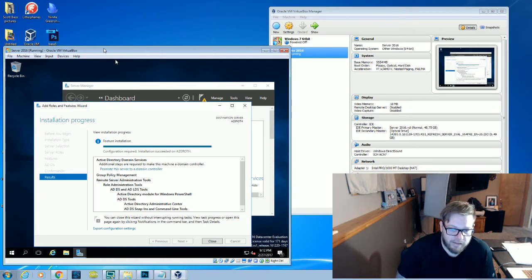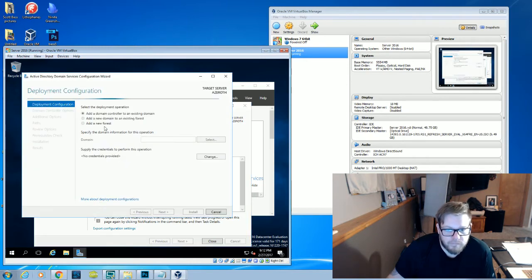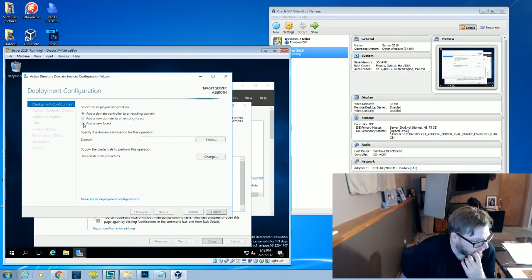So right now I'm adding Active Directory to it, and then we're going to promote it to a domain controller, which, yeah, looks like we can do that now. Add a new forest. Oh my goodness, it's taking forever.